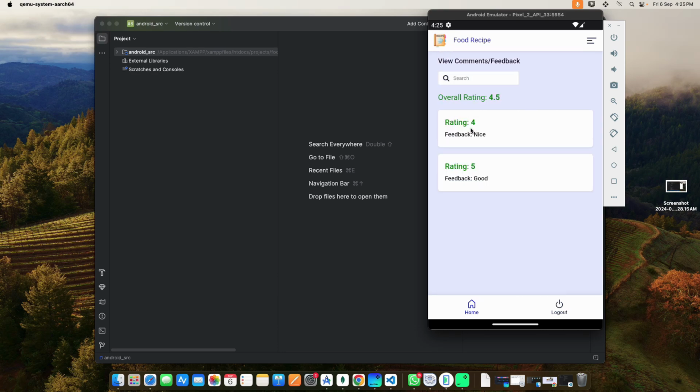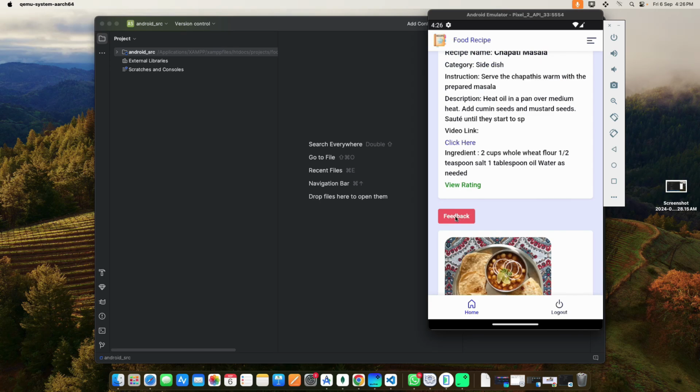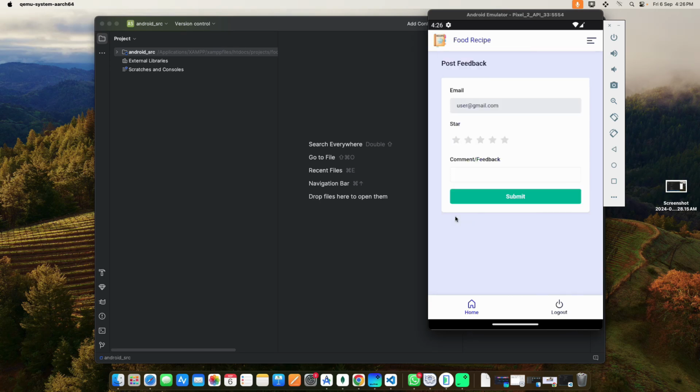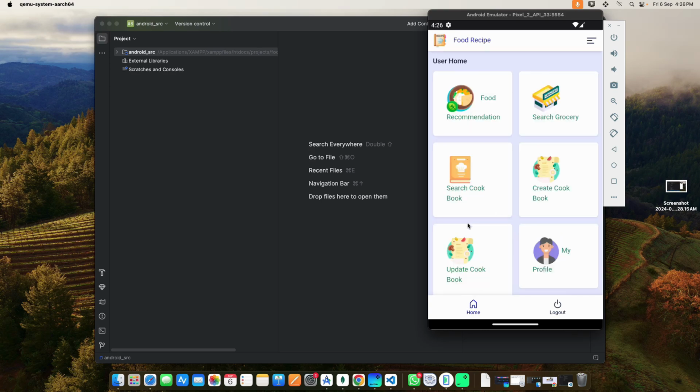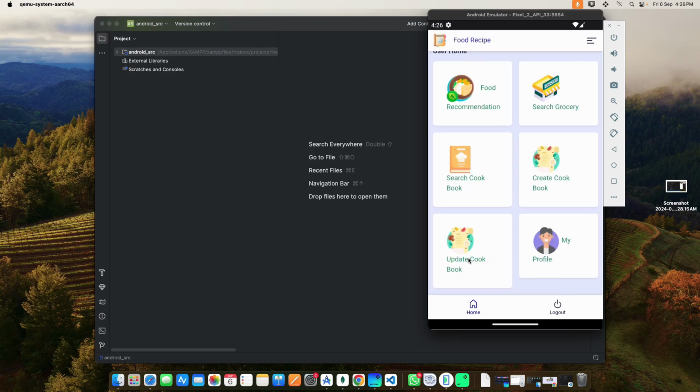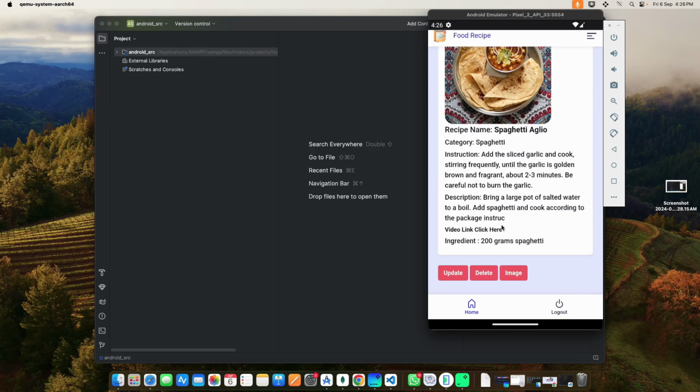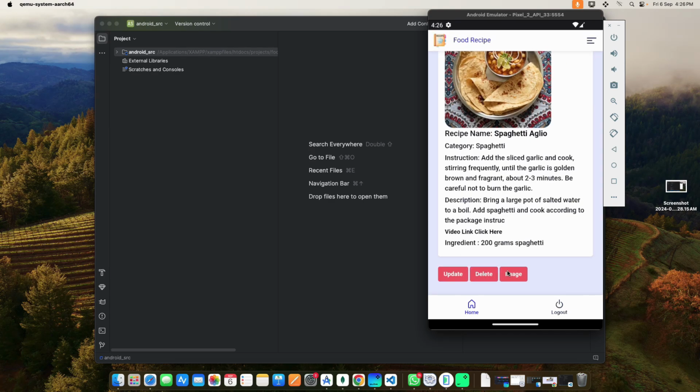Here you can see the rating. And then click the feedback. Here you can post your feedback. And then click update cookbook. If you want to update anything, you can do it here. Here you can upload the image,